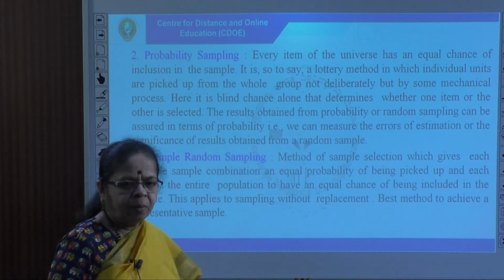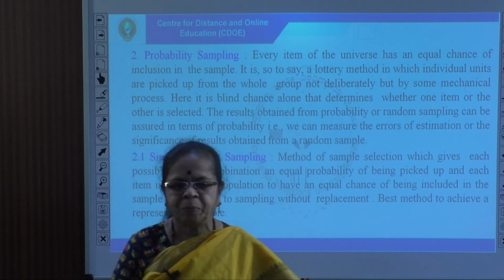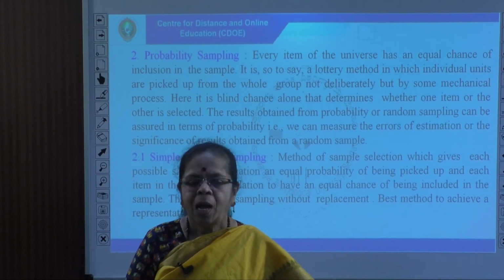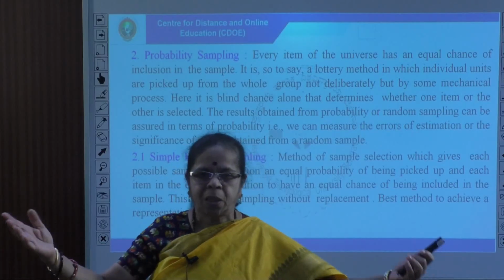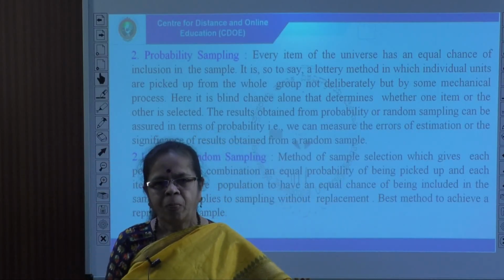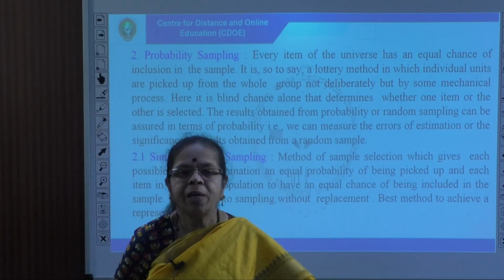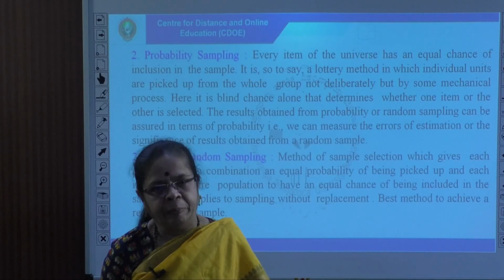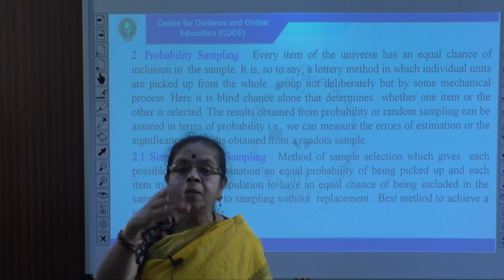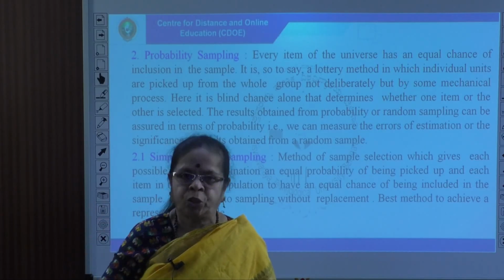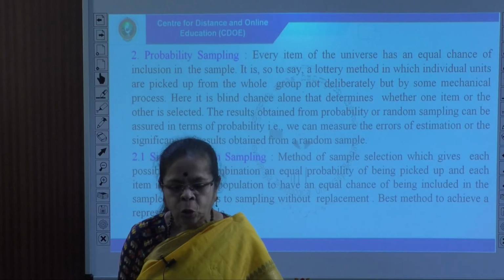So, the first one, simple random sampling. What do I do? I have the entire population. So, I have all the balls, I put them in a bag, I just take one and pick it up, randomly. That is called random sampling. So, in random sampling, there is no pattern of selection, there is no pattern of selection, and